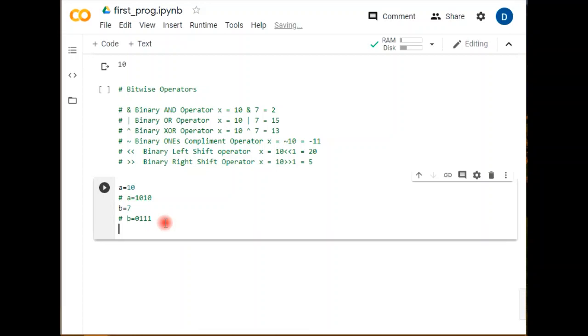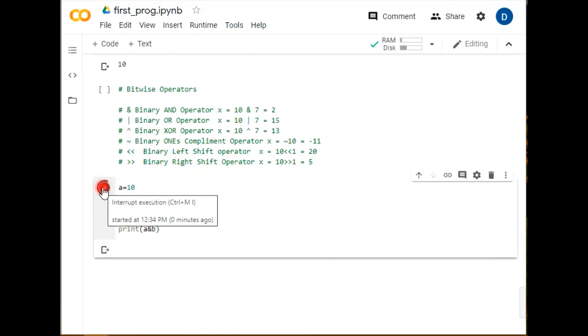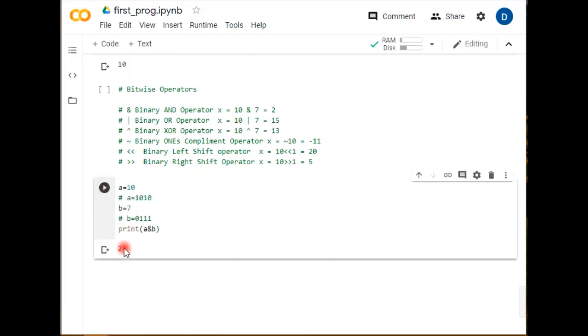Now seeking out its AND operation, the binary AND operation, and just take care that this operation is a bitwise operation. So for your convenience I'm just printing a and b and checking what result comes. The result comes 2.